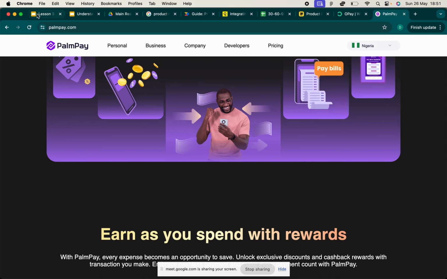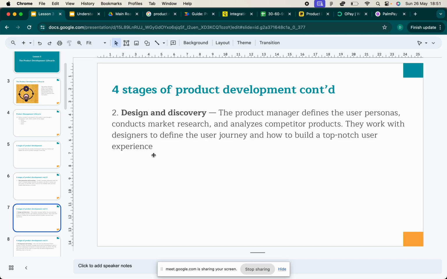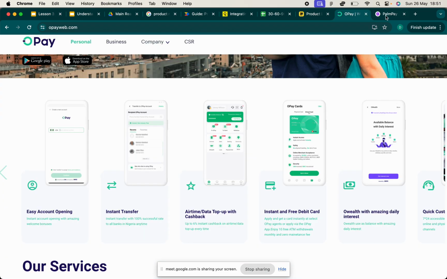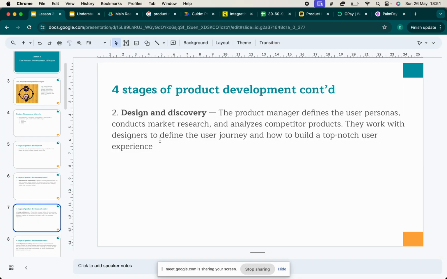So before that was done, the owners of these products had to go through what's known as design and discovery. So in design, you try to understand what are all of the features that you're going to have available and make them available for people to use. And so you will list all of those out.